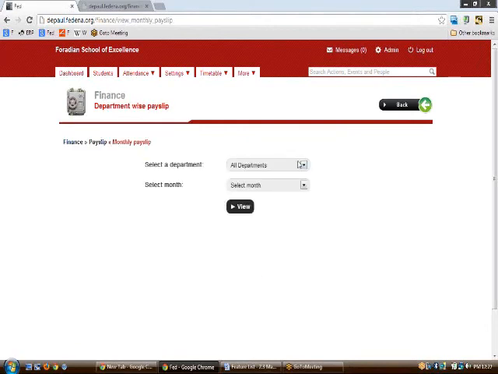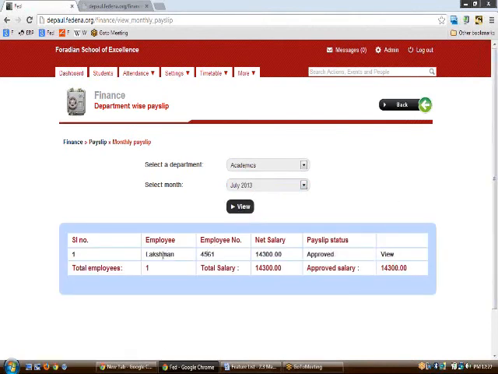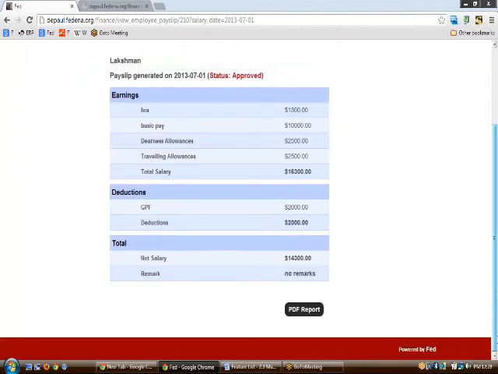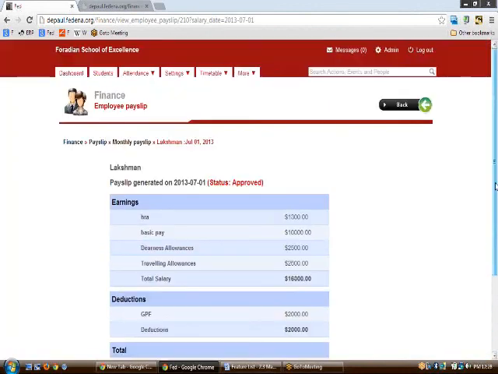Once you have approved, for all the persons in that particular list, as here we can see Laxman, who is an employee. His payslip has been increased to 14,300 net salary. So if he goes to this part and clicks onto the view, so this would be the payslip. Supposing the HR has some other payslip that is to be created, then he can just apply for the payslip, and it is up to the person who is in charge of the finance who would be approving it or rejecting the payslip created.